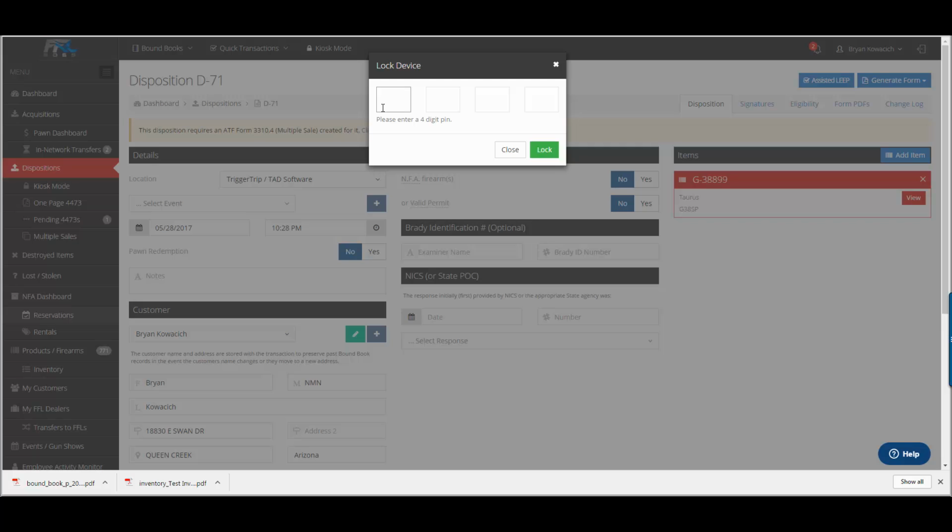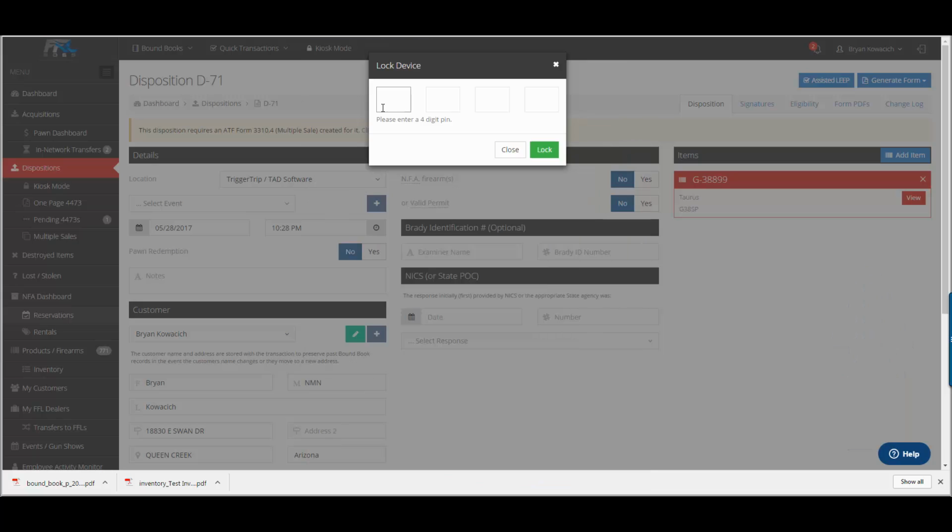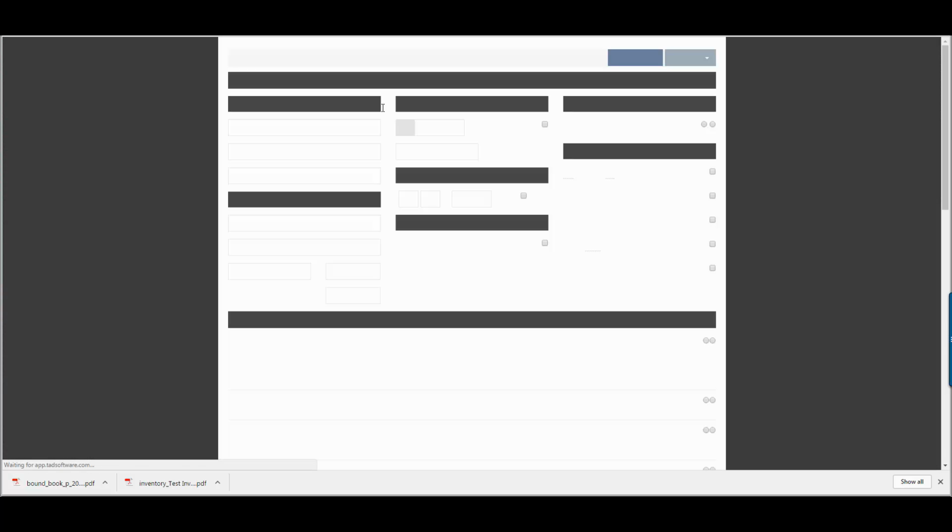In order to get into Kiosk Mode, there are 2 things that you need to do. When you log into your system from that device, you need to click the little button below the login that says Remember Me. What this will do is it will allow your system to stay logged in for a 24-hour period without timing out. Then when you're in the locked device, you create your own PIN, and I'm going to use this PIN. Click Enter, and it will then put the system into Kiosk Mode for the customer to be